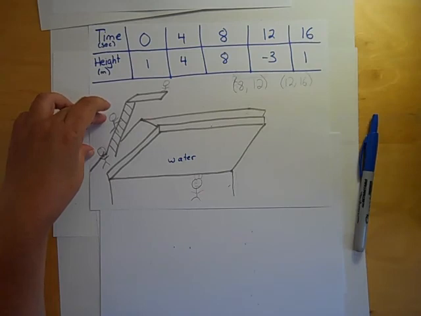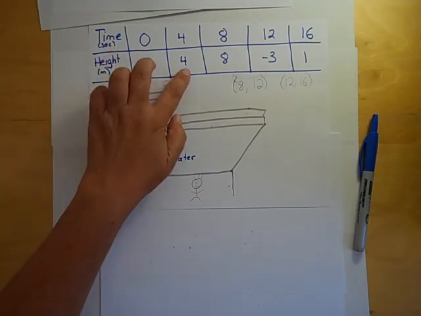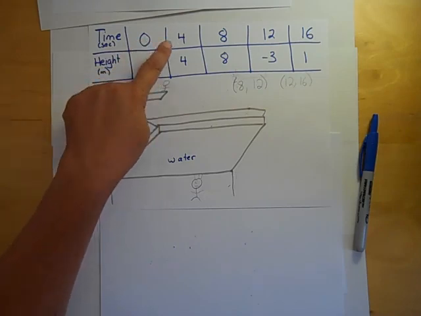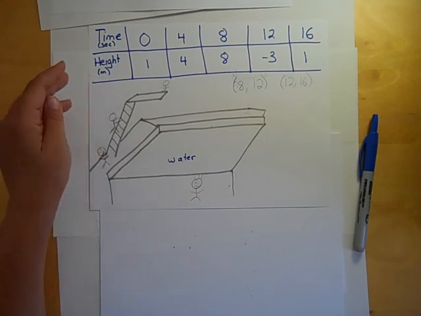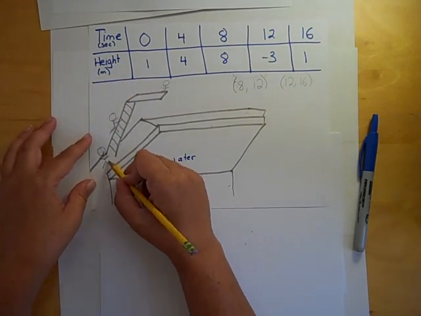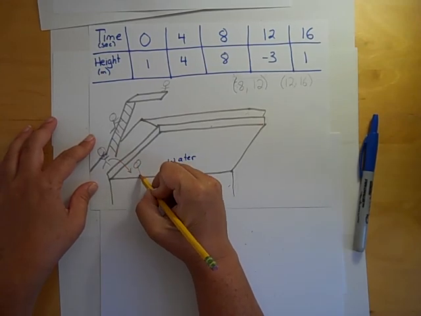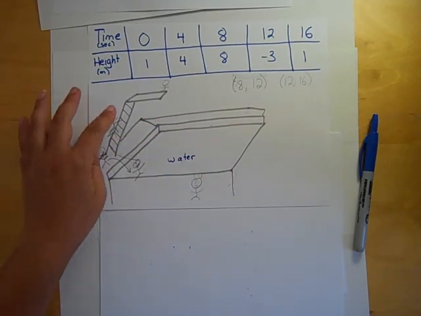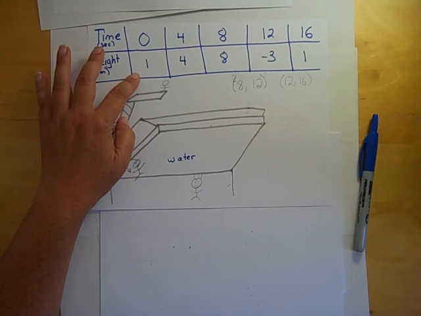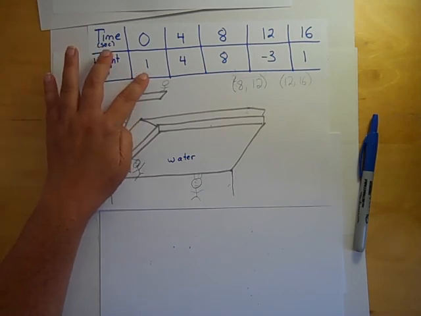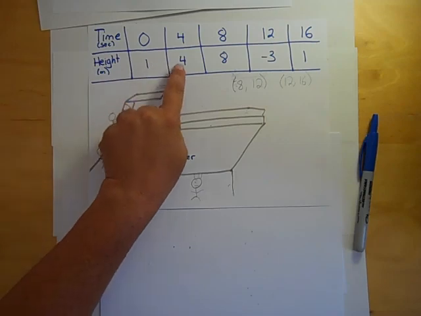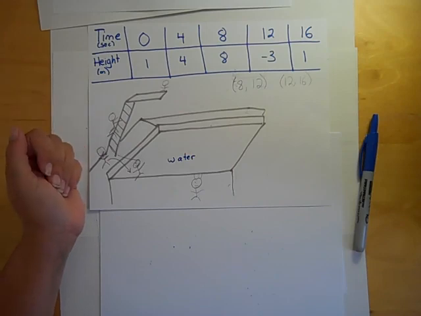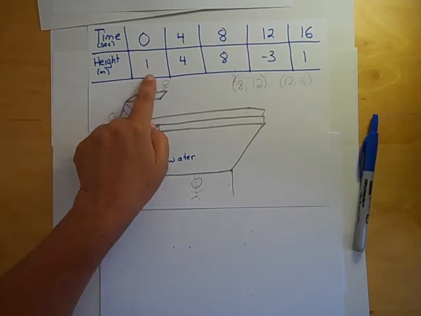However, though this is a continuous function, we only have a few data points. We actually don't know what happened at 2, 3, or 4 seconds. Right? We only know that he didn't teleport. So actually, at 2 seconds, he could have jumped in the pool for a quick second and then gotten back out and climbed the ladder. So the answer is yes, he could have broken the surface of the water or been at pool level on the interval 0-4. And why? Because we don't have the information between 0 and 4 seconds to tell us one way or another. Okay, now the intermediate value theorem doesn't guarantee